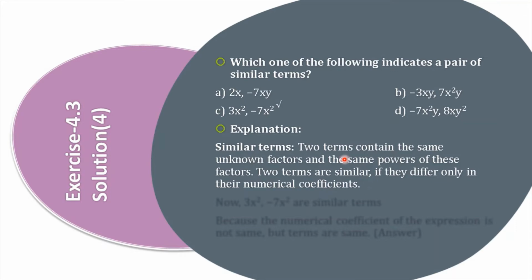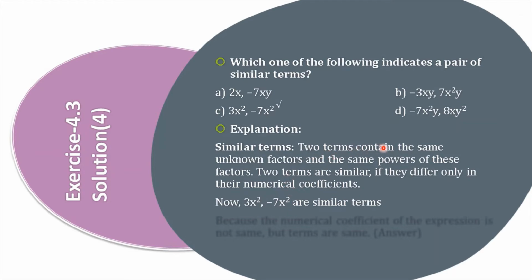Okay my dear, two terms contain the same unknown factors, that means the factors will be the same and the same powers of these factors. Two terms are similar if they differ only in their numerical coefficient, there is no problem. Let us see. Now 3x square minus 7x square are similar terms. Why? Because as you can see, there are two terms in here, 3x square and minus 7x square, and